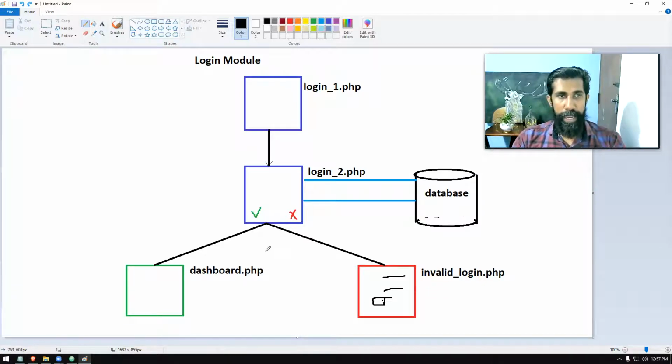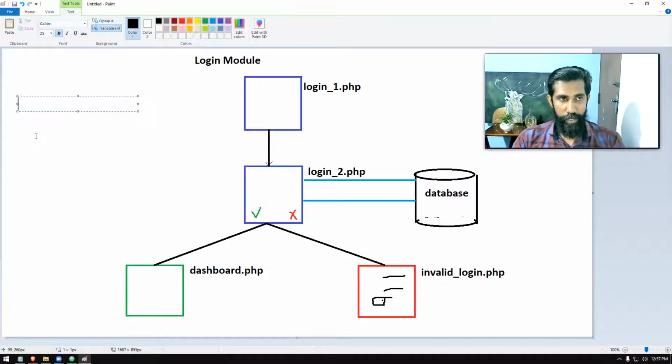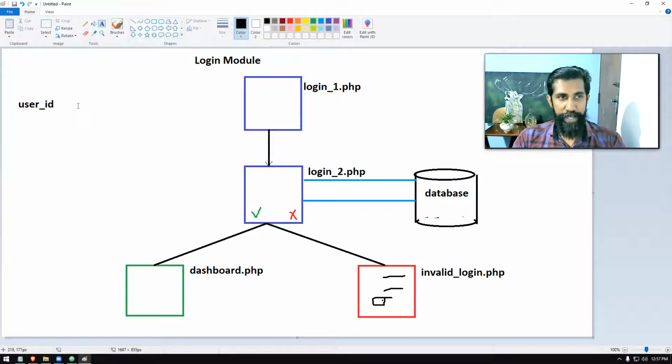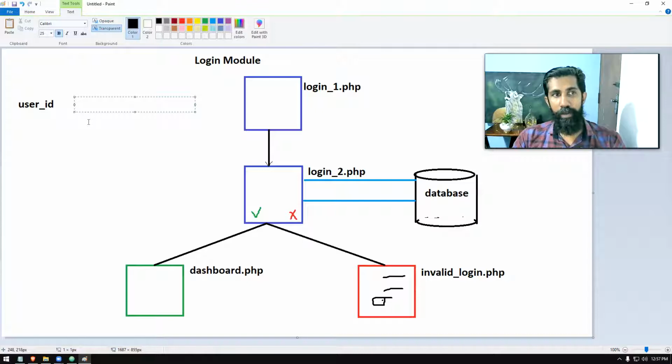Okay, so I am going to have a table like this. So I will create a table with three columns basically. One is going to be user underscore ID. I'm not going to use the names username, password, because those terms are reserved by the SQL language. So we are not going to use any of those words, like, for example, year, month, grant, permission, password, username. These words you can't use because they are part of SQL command itself. So please avoid them. So user ID, the same thing, username, right?